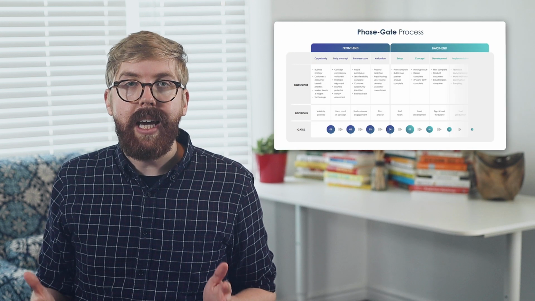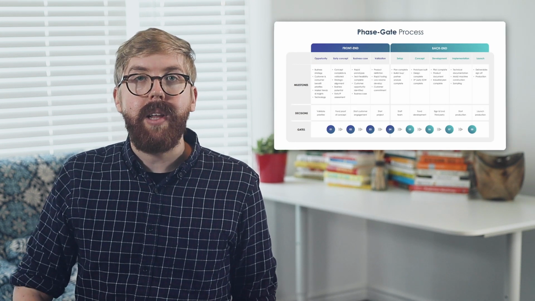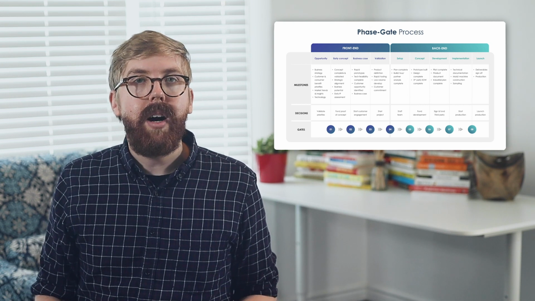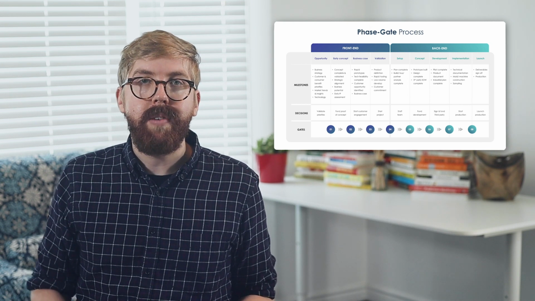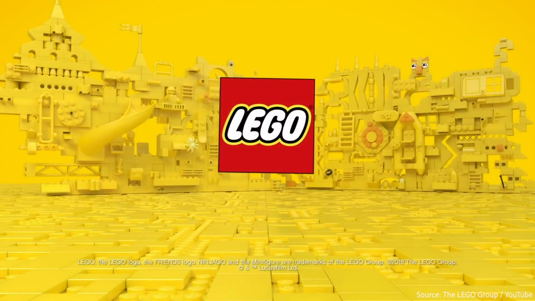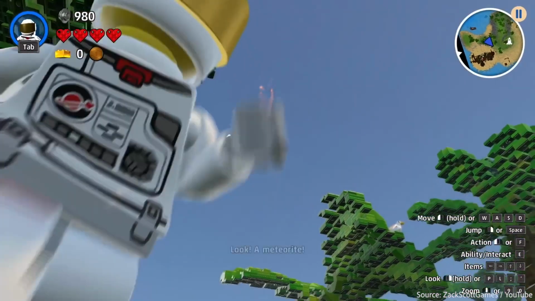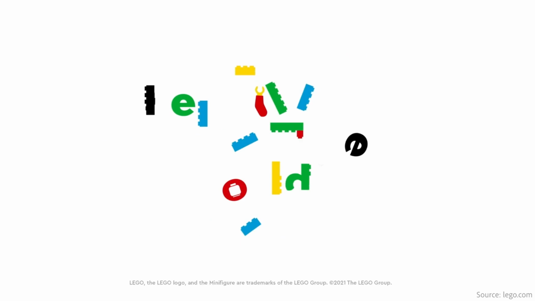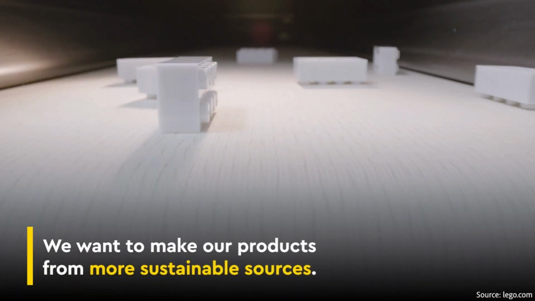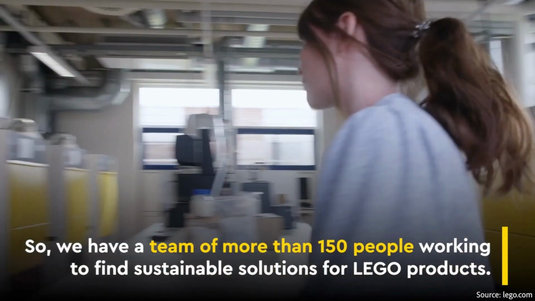The Phasegate process is a tool that large companies rely on to execute their own innovations. It's an operational roadmap to move innovation from concept to launch. For instance, the company Lego uses Stagegate as its core development process to develop new innovative products, expanding from plastic blocks into video games and movies, as well as robotics, and now sustainable research and development for bioplastics as part of a $400 million new effort.